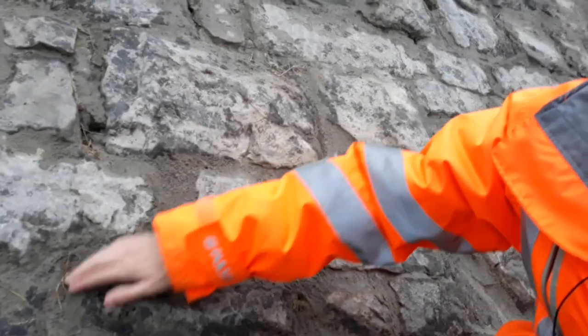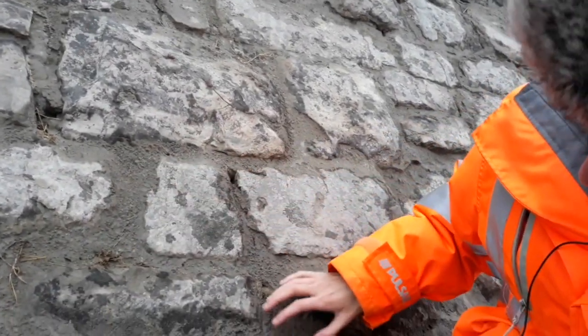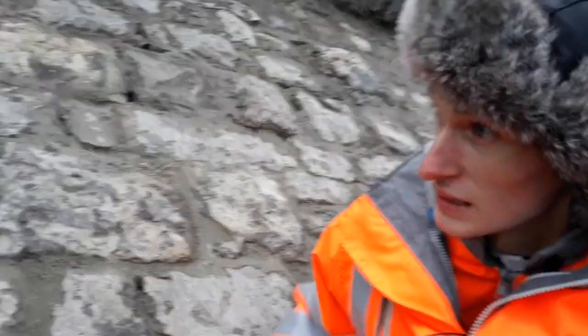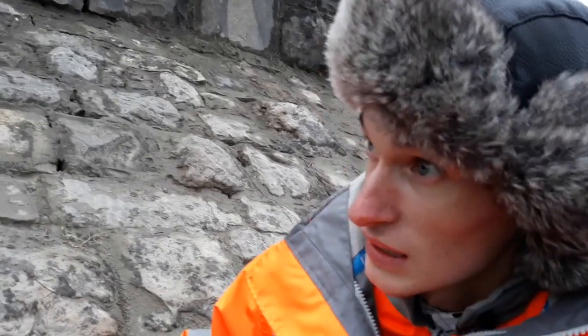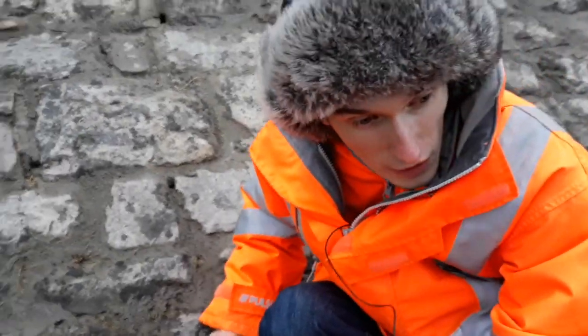No, it could be concrete. Quite solid. No, it could be concrete, that. I think, actually, my original idea, yeah, they've put concrete in it to stop it moving. So I think they've actually started it. Maybe that isn't a power washer. Well, it might be a power washer, but it could be one of those big spray cement guns and spray the